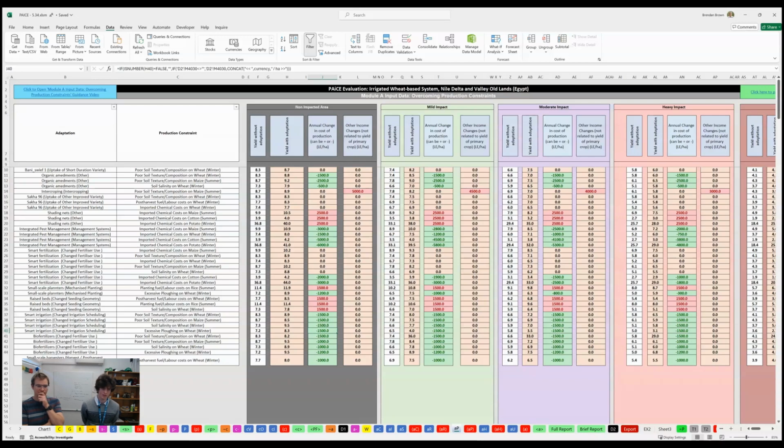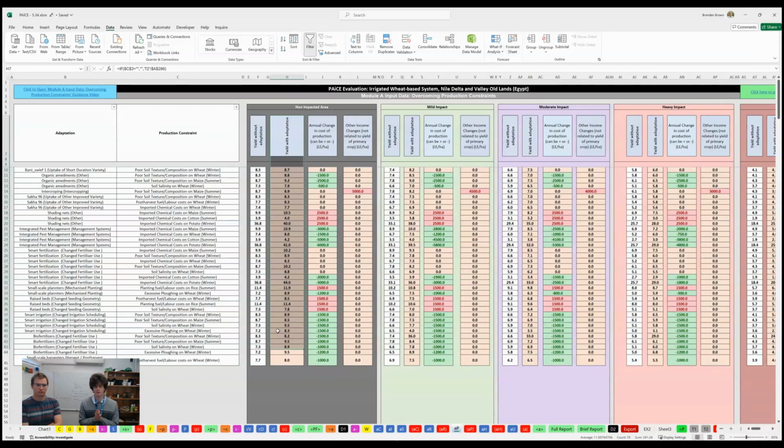Now we're moving on to module AP. And the first thing that we want to look at here is the yields. So we've actually calculated for you what the yields will be without the adaptations with each severity of production constraint. All that you need to do is think about how the adaptation strategy will improve the yield. Couple things to keep in mind while you're doing this. The first of which is that your yield might not actually be affected by the adaptation. The adaptation might focus on changing the annual costs of production or the income streams. The other thing to keep in mind is that